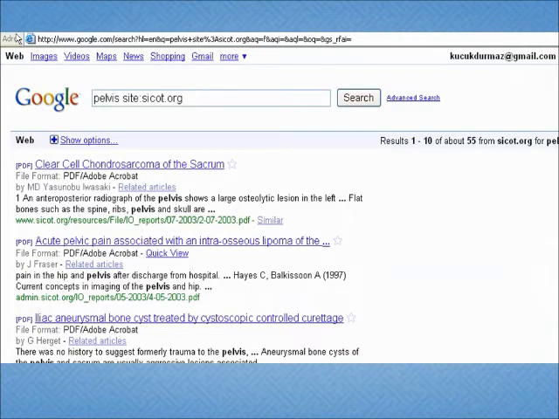Let's say the word pelvis, but we want to search this word in the CCOT web page. We write site, put this sign, and write ccot.org. Then it just, as you can see here, searches the CCOT web pages, or the web pages which have CCOT in their address. In this way, we reach a more narrow and more oriented search.